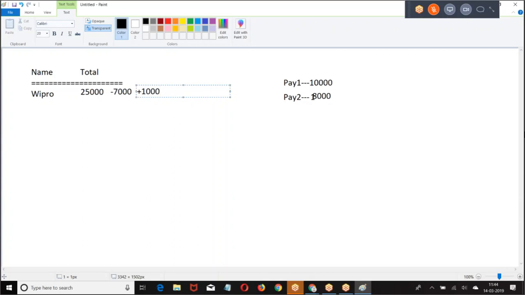So when the child is created, add it to the parent. When the child is modified, increment or decrement the parent. When the child is deleted, decrease the count. This is the functionality of roll-up summary. If you create a roll-up summary between two objects, this is how the calculation happens. When a child is created, add the amount to parent. When the child is deleted, remove the amount from parent. When the child is modified, the difference should be added or removed. Was that clear? This is the roll-up summary.